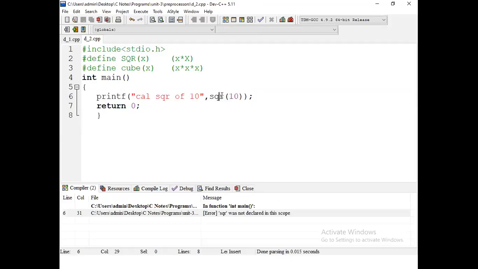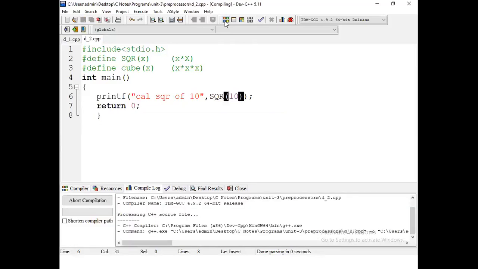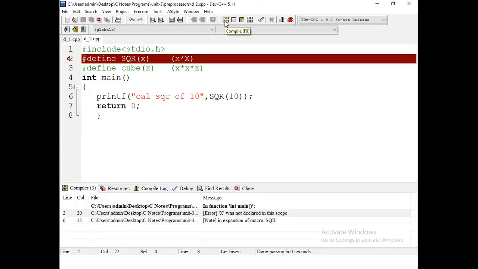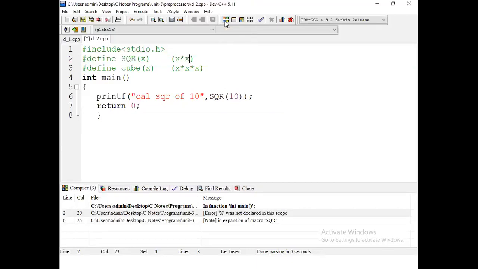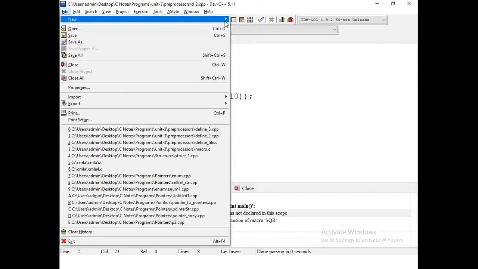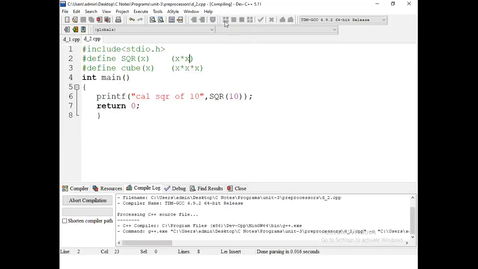Okay, here I used uppercase letters, but here I used only lowercase letters. You must use any one of the cases, either uppercase or lowercase.